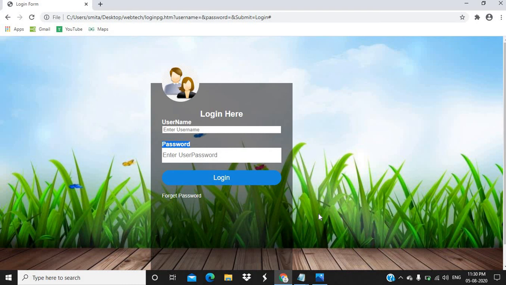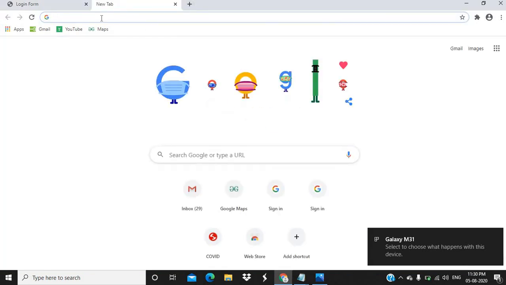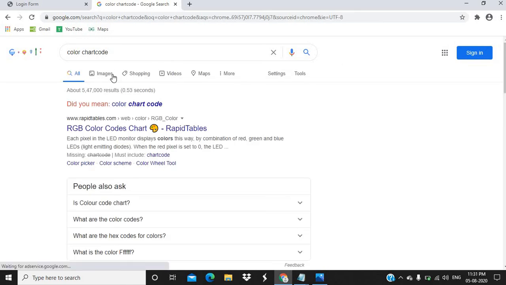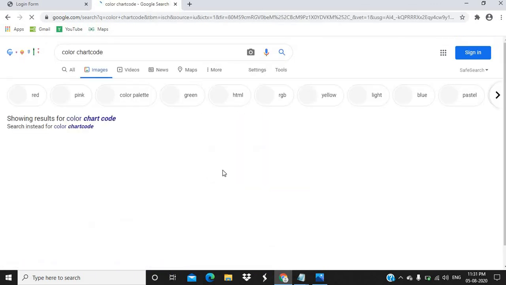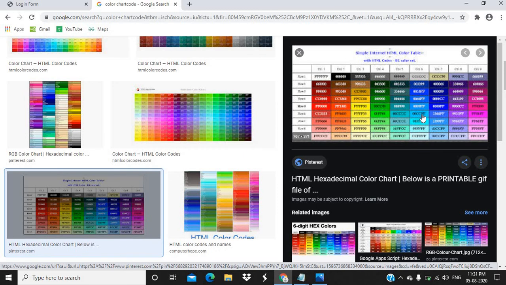There are various kinds of colors available, that is rather than primary color, if you want to use some other color, those options are over here, that is the color chart. So through the color chart you can view the various kinds of color. You just have to mention the color chart code. So over here you will get ample numbers of color codings. Over here you can see the different colors were there and their codings were there. So whichever color coding you want, you have to specify that code, so that color will appear over here.